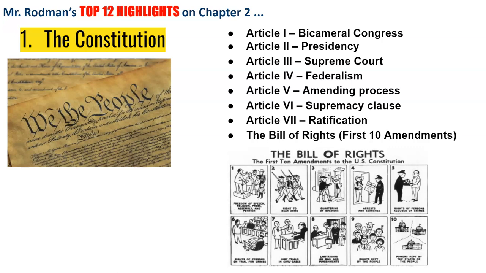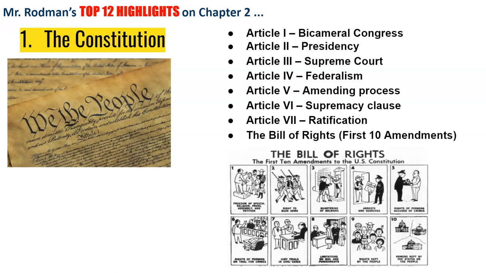And then we have the Second Amendment, the right to bear arms. And no, we're not talking sleeveless shirts, people. We're talking the right to bear firearms. In the Third Amendment, we see the right to be free from quartering troops. In the Fourth Amendment, the right to be free of search and seizure.